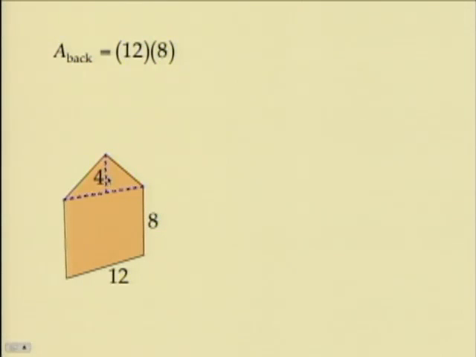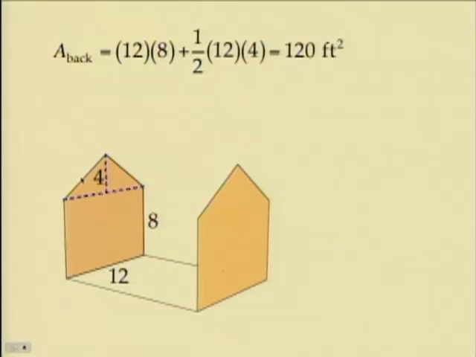And area of a triangle is 1/2 base times height, so this is 1/2. The base is 12, the height here is 4, and so that works out to be 120 square feet on the back wall. And I'm just painting the other surface on the back side of this wall would be the one I'm painting. Now if we look at the front wall, that's the same,